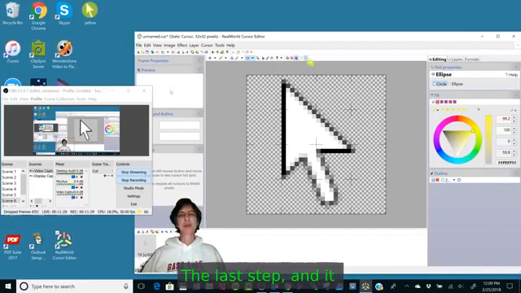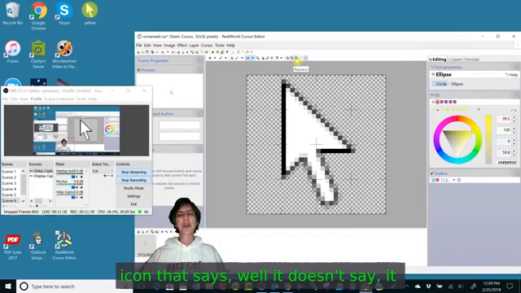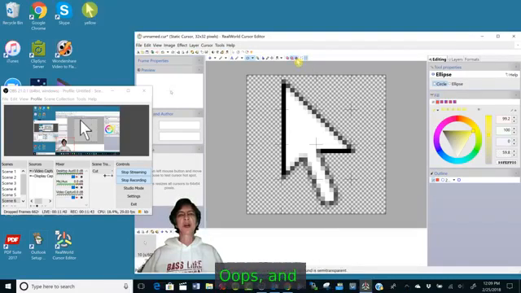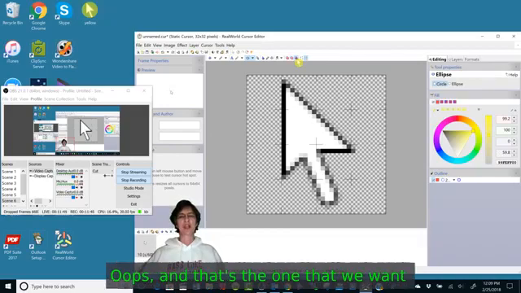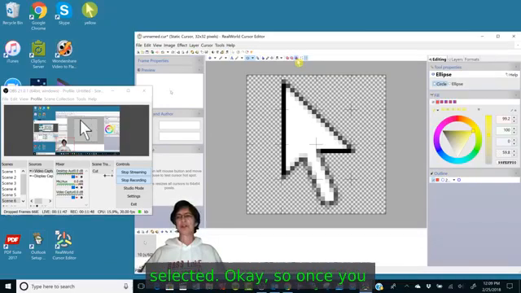The last step, and it won't be marked the first time, you need to come up here and click on this third from the right icon. It doesn't say, but it will say paint under. It will say under. Whoops. And that's the one that we want selected. Okay, so once you've selected that,